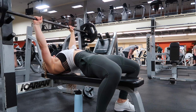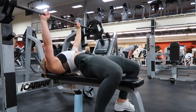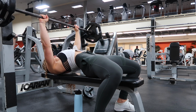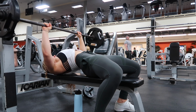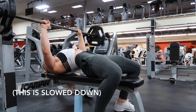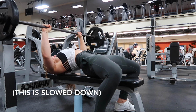I then bring the bar out and take a big belly breath and hold it before I lower the barbell. I make sure it's controlled and I lower it down to around the bottom of my sports bra area. And then as I press it back up, I press it up and back. So it ends up around my neck area or high collarbone area before I go back again to my low sports bra area. So again, before I lower the barbell, I take a big, deep inhale, hold it, lower it,